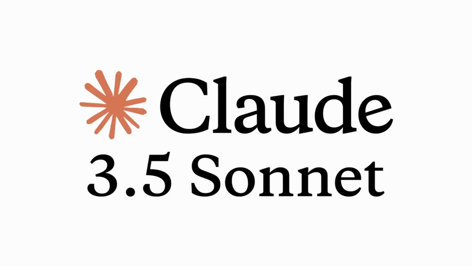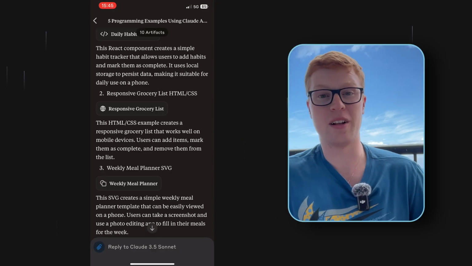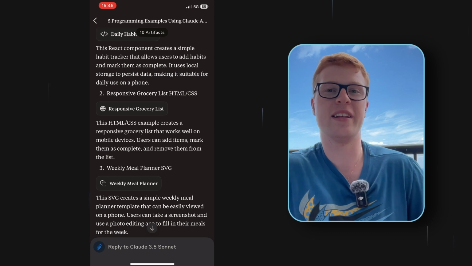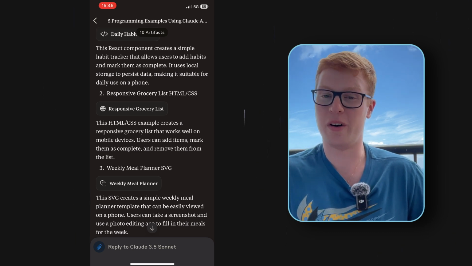on mobile. Not so long ago, Anthropic, the AI company, introduced their new AI language model, Claude Sonnet 3.5, and with it they introduced artifacts, and they can be easily run on your mobile devices. Let me show you what you can do with them. So first I'm going to show you the examples that Claude itself came up with, and then at the end I'm going to show you how I used it to save a ton of time on a trip with my